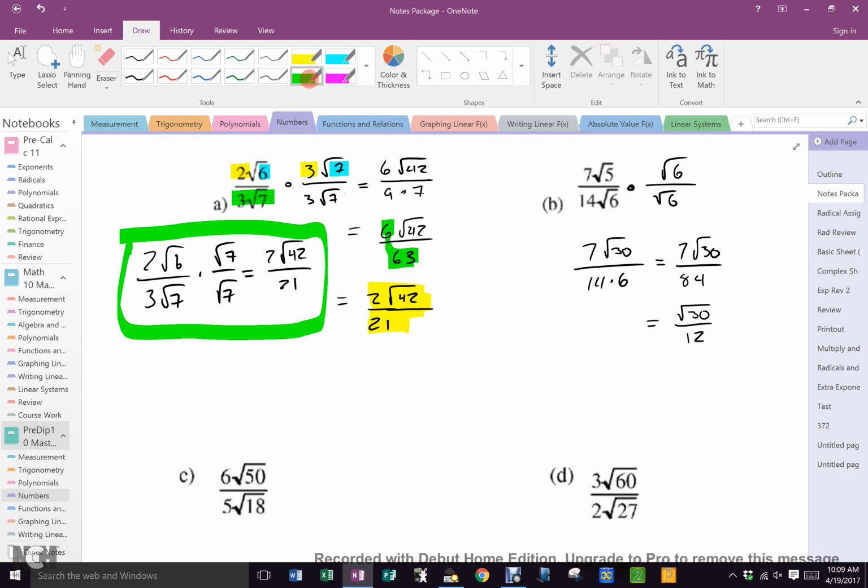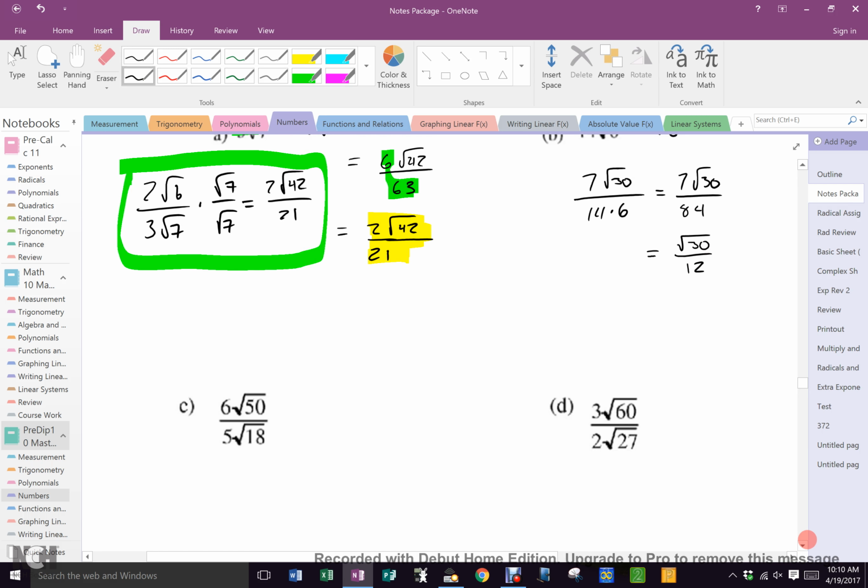Everybody cool? Tavleen. Also, another way, could you have solved it first? Like, could you have said 2 over? Could I have simplified now? Yeah. Could I have made this 1 root 5 over 7 root 6? Yeah. And then, yes, of course I could have. Everybody good? Okay, so you guys now look at this one and tell me what's weird, or what might you